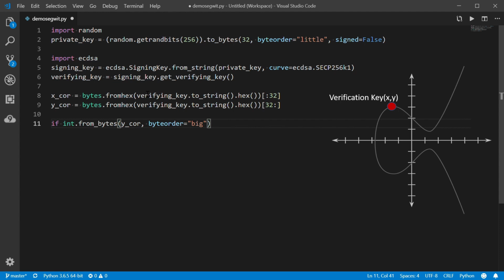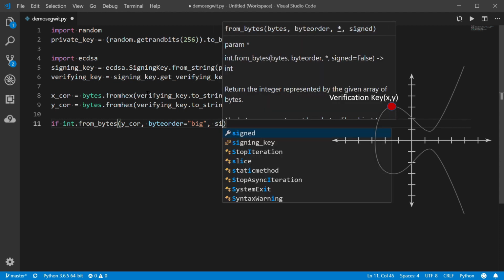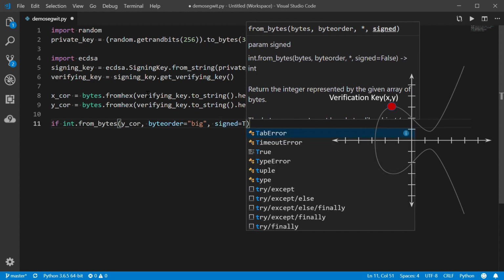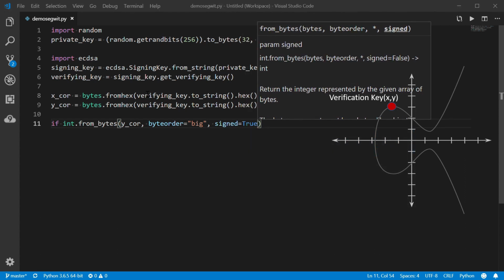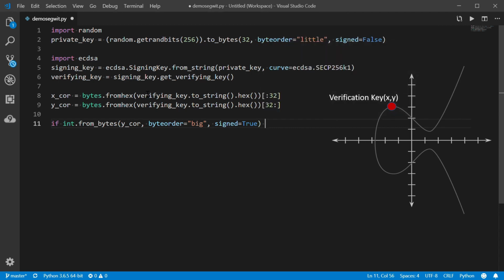This might be a bit confusing to some of you, but this is just the way it has been defined. So big endian, also as a signed integer. And once we got this number, we want to use the modulus operator by 2 and see if the remainder equals 0. If it does, that means that our y coordinate was even,